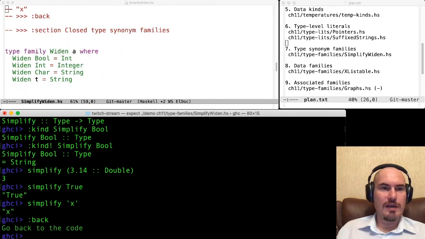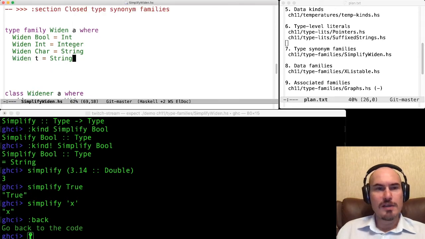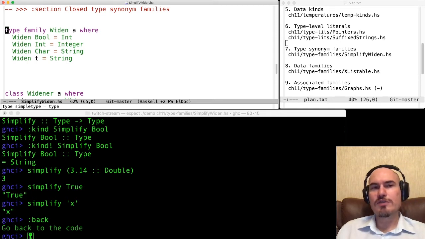There is also another sort of type synonym families, closed type families. See the difference here. Now I am doing widening. So I am trying to convert some type to something which is wider than this type. And it is closed, and it uses a different sort of declaration, just different syntax: type family where. It is closed because we cannot write another line here, but thanks to it being closed, we can write something like that.